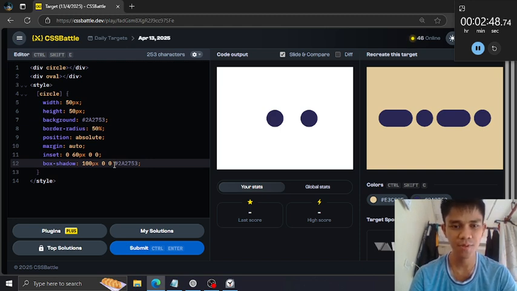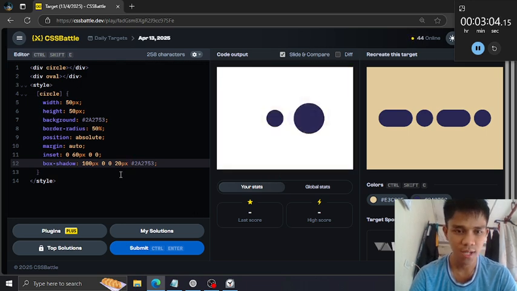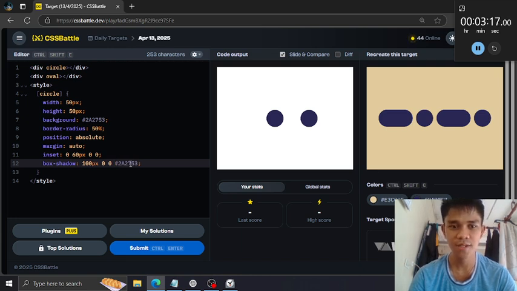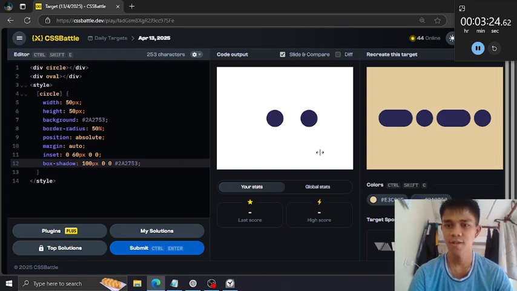As you can see, if I insert a fourth parameter here, like 20 pixel, it increases the size of the circle. This is from the original circle right here in the middle. So if we want this box shadow to have the same size as the original circle, we can just omit this fourth parameter, or 0 pixel. But we can just remove this all the way. Alright,